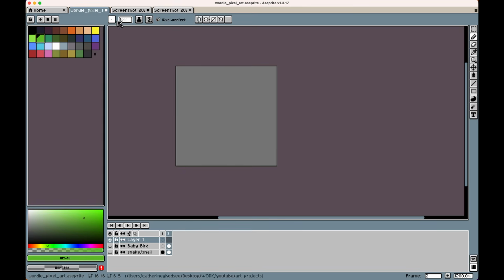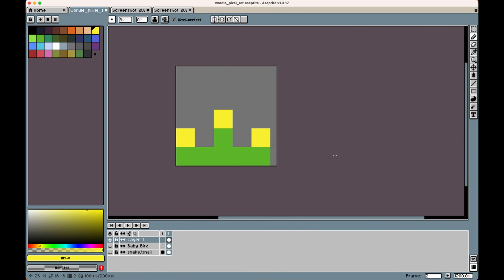Moving on, I had seen multiple Wordle results turn out to have a shape much like this one, but I picked this specific one for its perfect symmetry. This is pretty clearly a crown to me, so I started shaping up some gemstones. The green felt like a problem though.